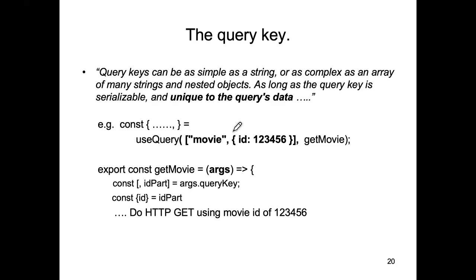It's just a string followed by an object. And it looks like maybe that might be the ID of a particular movie. Now, in the actual code, this would be a variable that gets its value from somewhere, maybe from a prop or something like that. But the point I'm trying to get across here is that this is actually a valid key for our cache. So the actual cache key will be that array and we can see that,